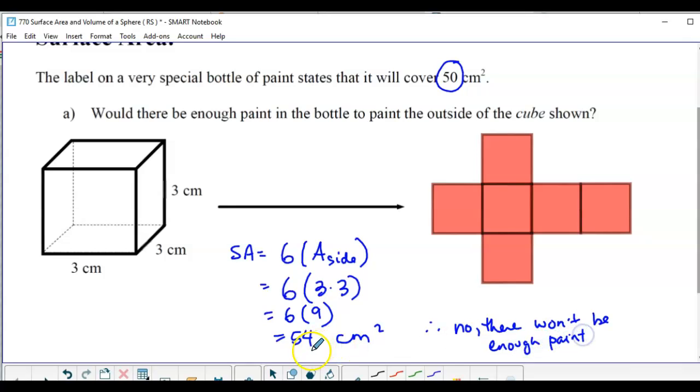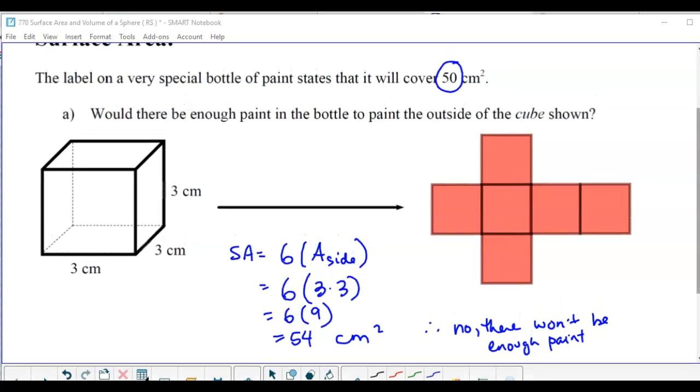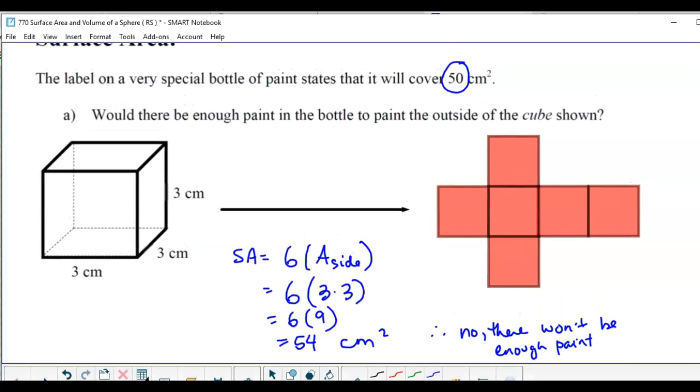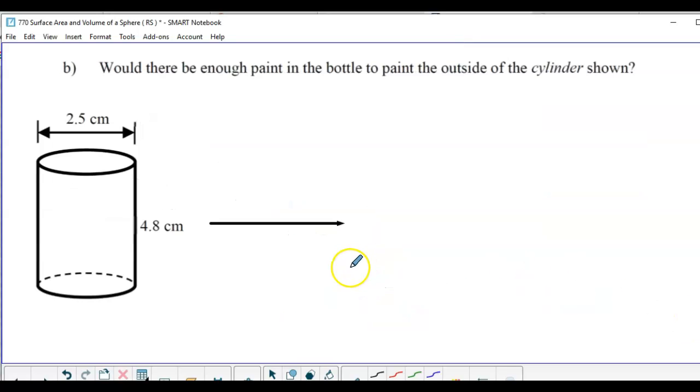Okay, because 54 is greater than 50. So there won't be enough paint. So that's a prism. It's a special prism. It's a cube. Then the next, would there be enough paint in the bottle to paint the outside of the